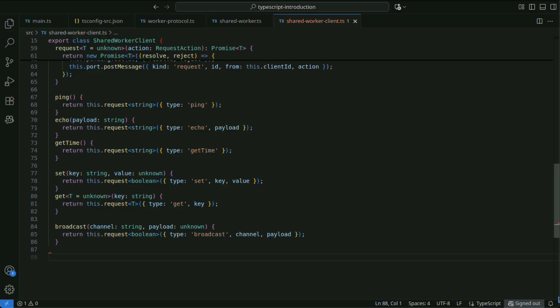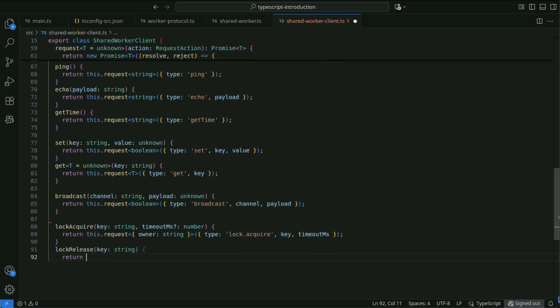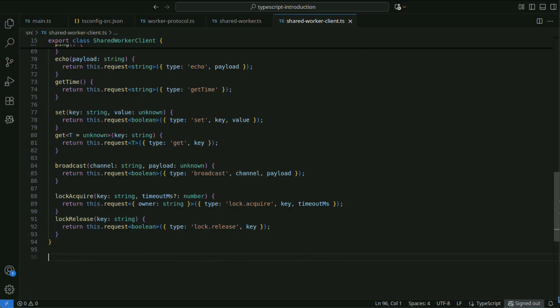This is a method that sends broadcast messages to other clients via the worker. These are methods that acquire and release locks to achieve mutual exclusion over shared resources. Across this file, a client API is implemented for safe, asynchronous communication from each browser tab to the shared worker.